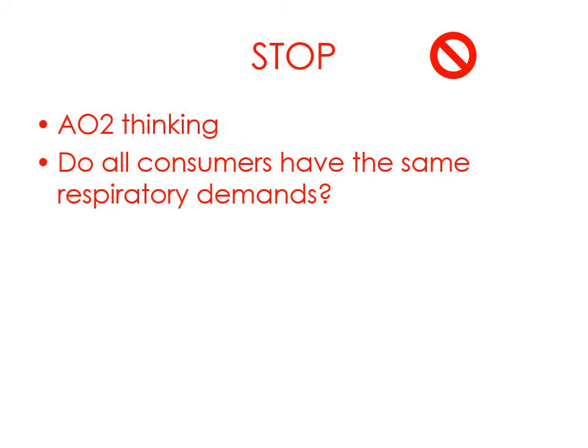Okay, have a stop and think for a moment. So we've talked about, for the consumer energy transfers, that the herbivore transfer is less efficient, and we'll recap that in a minute. But we also want you to think now about all consumers. Will they have the same respiratory demands? Is there anything the examiner could do in the stem of the question that means that, when you're comparing energy efficiencies or transfers, you need to take into account some other information?